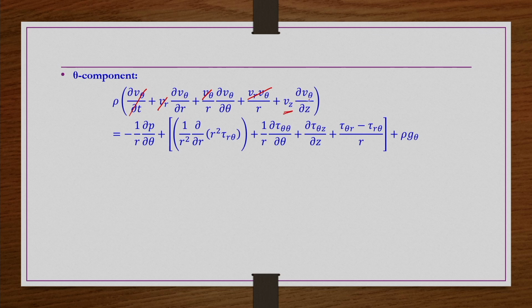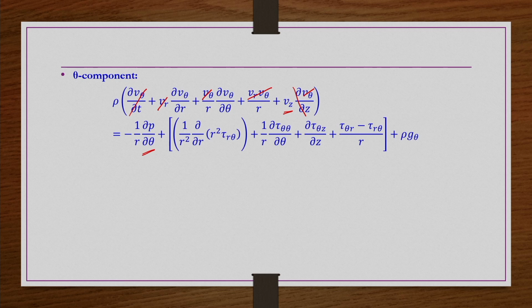Vz is not 0, but V theta is 0, as well as the fully developed flow, dou by dou z of anything is 0. And then for this term we cannot say anything, because we do not know the pressure conditions, whether it is independent of theta or not, how it is dependent on theta. Also, as I mentioned, symmetric flow conditions etc. are for vectors or tensors only, not for the scalars. So, we cannot say this one, okay.